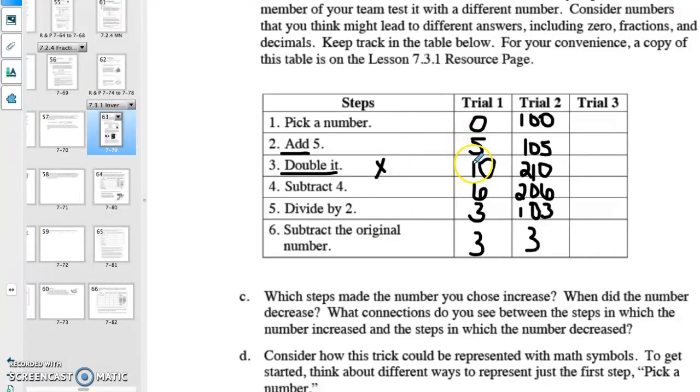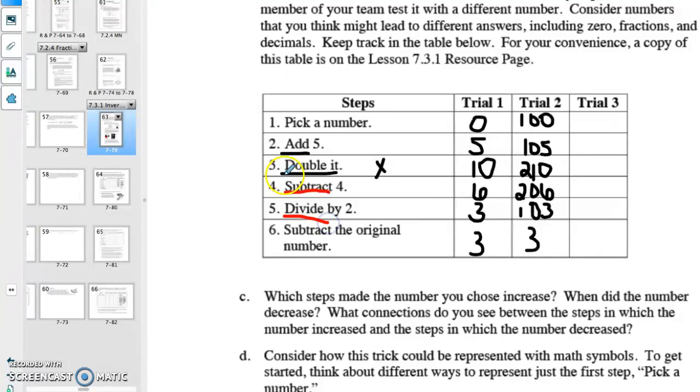Those were the 2 times it increased. The next question is, when did the numbers decrease? Well, I'll let you pause the video really quickly so you can write that down. Okay, and we'll find that the numbers decreased when we subtracted and when we